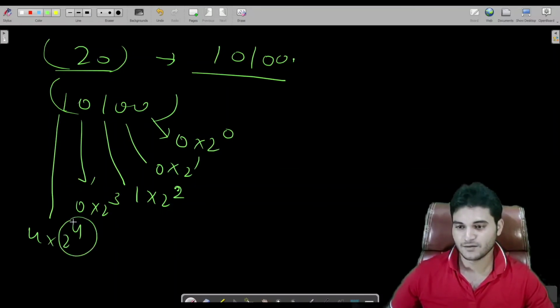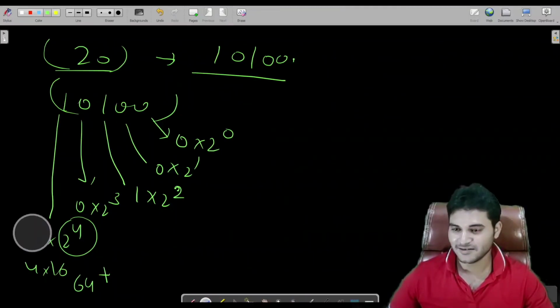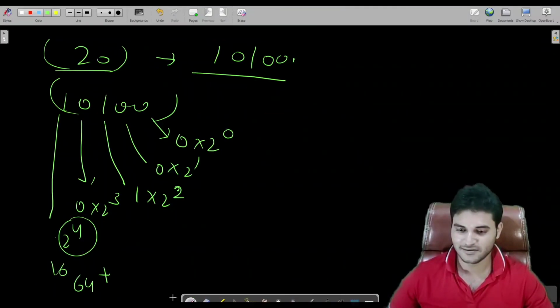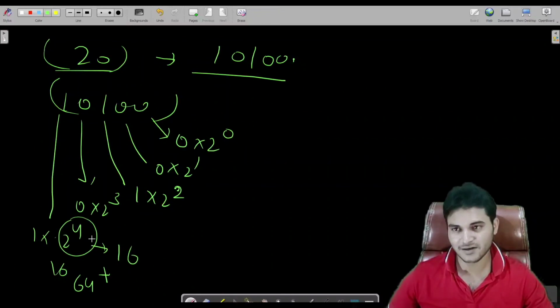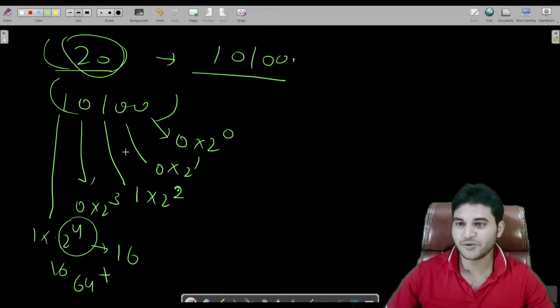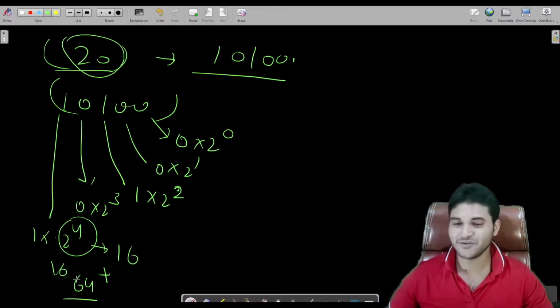So 16 into 4 is 4 into 16, which is 64. It is not 4 here. This is 1. So 2 to the power 4 is going to give us 16. That's why I was confused, because we are proving for 20 and we are getting 64 in the initial level. So that is wrong now.